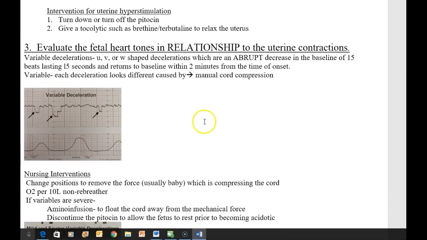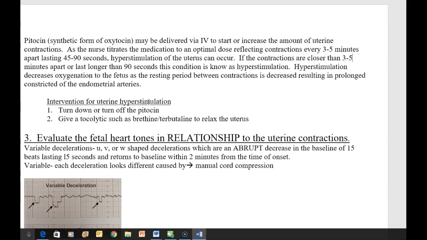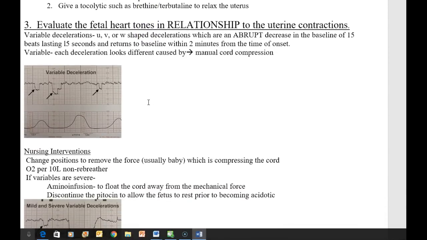Now, the last part of fetal monitoring is evaluation of the fetal heart tones in relationship to the uterine contractions. So you guys, when you're looking at the fetal heart tones, we're looking for decreases in fetal heart rate related to the contractions. When you see decreases on the fetal heart tracing such as these variable decelerations, they are U, V, and W shaped. They're abrupt. You see how they go down? This one's U, this one's W,